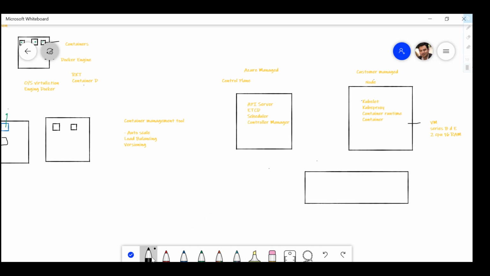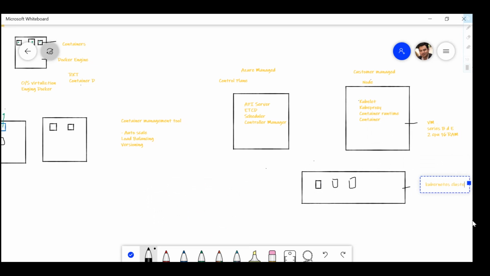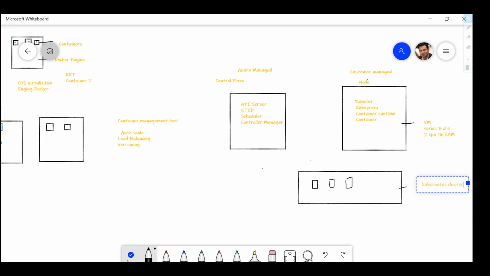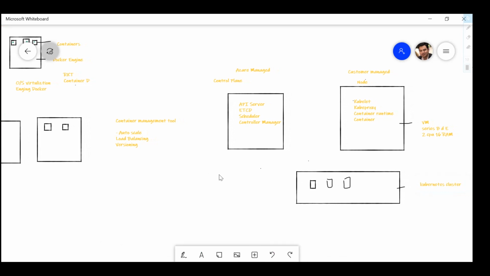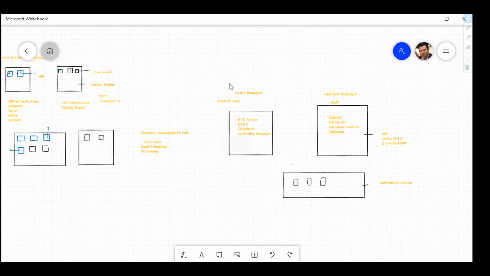a cluster is a collection of multiple nodes, right? I can have one, two, three, this is nothing but a cluster, a Kubernetes cluster. But this is how the architecture of AKS looks, right? You have the Azure managed control plane, and then you have the customer managed part, basically the nodes that you're going to deploy